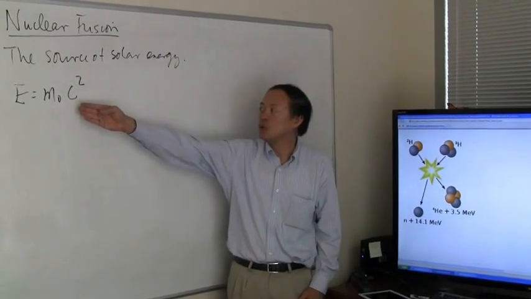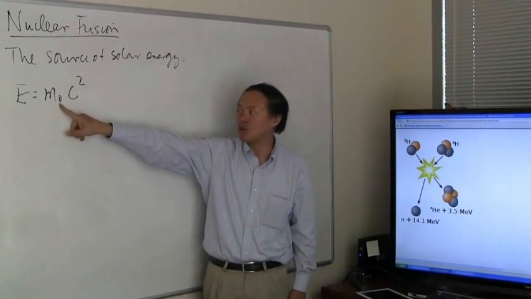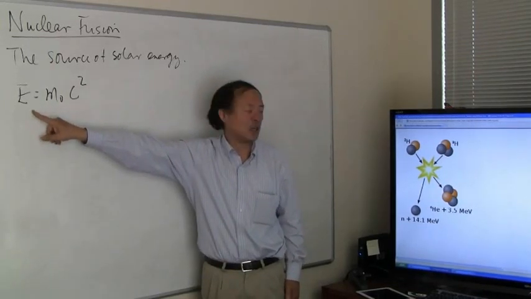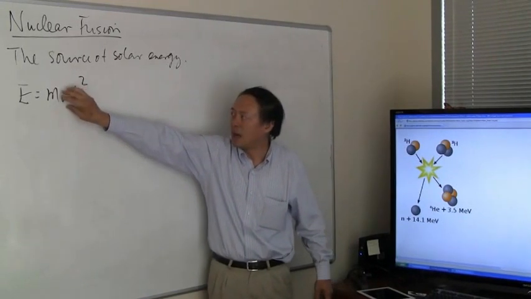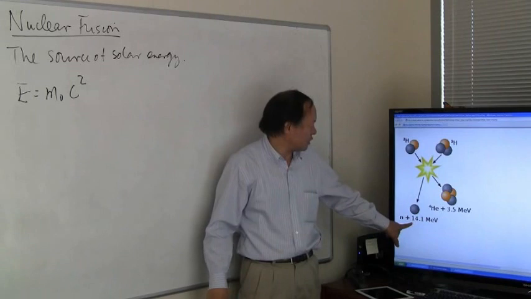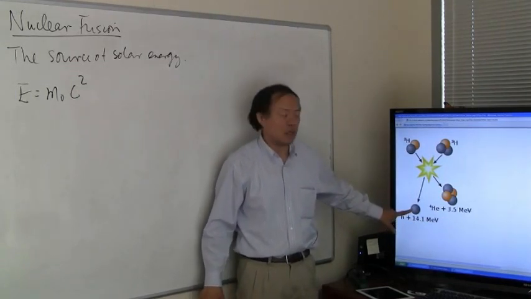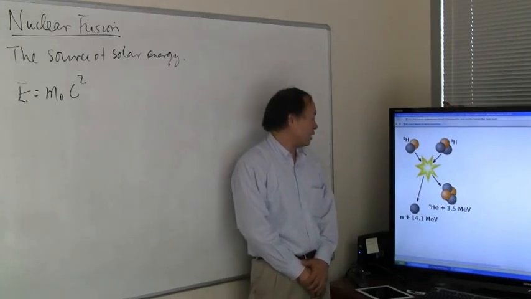And if you use the equation E equals mc squared, attributing the lost mass as being converted into energy, you would find that the lost mass times c squared will be the sum total of the energy that's acquired by the neutron as well as the helium, adding up to roughly 17